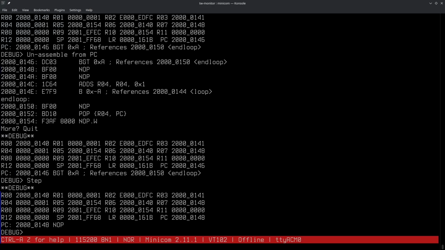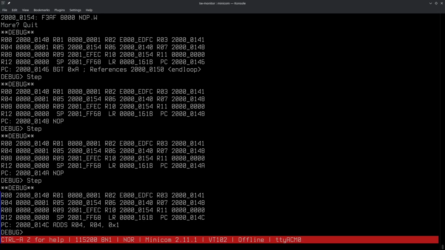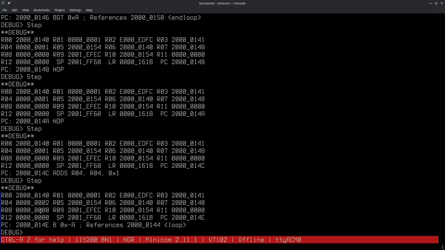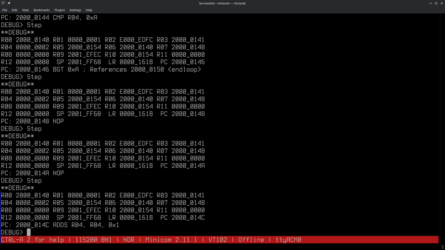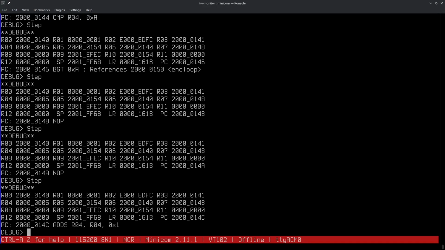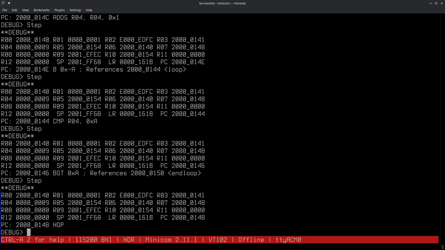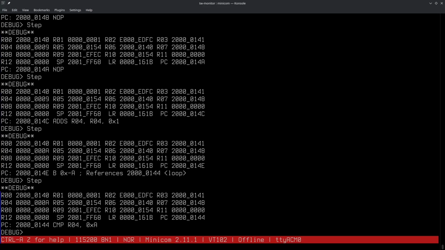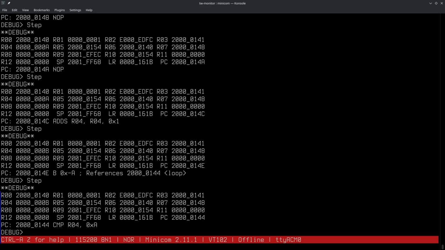So I'm going to hit S, step, and there you go, we're in the NOP, because 1 is less than 10. NOP, we're going to increment it, so this should become 2, which it does. And now we're going to loop back, do a comparison, add again, and watch it increment. Okay, so it's at 10, and now we're going to add, so it's 11, and now we're back to this